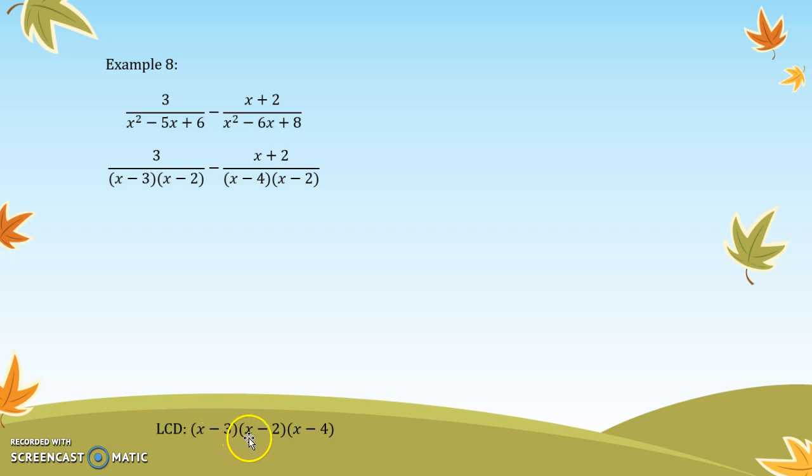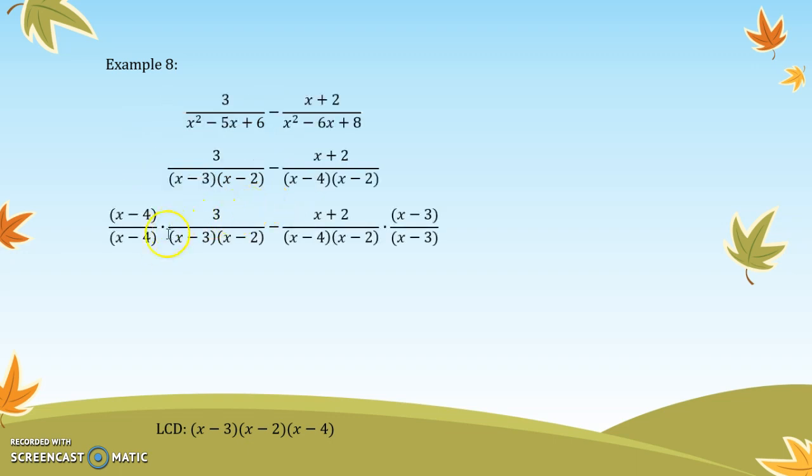So now when I compare my least common denominator to each fraction, notice the left side needs the x minus 4, and our right side needs the x minus 3. So I'm going to multiply the left side by x minus 4 over x minus 4, and our right side by x minus 3 over x minus 3. I'll go ahead and distribute, giving us